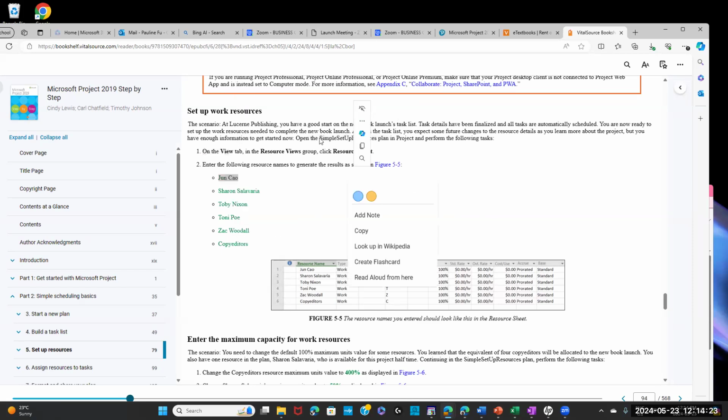Okay. So now we are going to open simple setup resource plan in Windows Virtual Desktop. So I'm going to go to, do I have a favorite? No. Go to Windows Virtual Desktop.